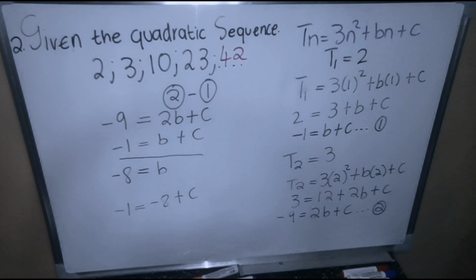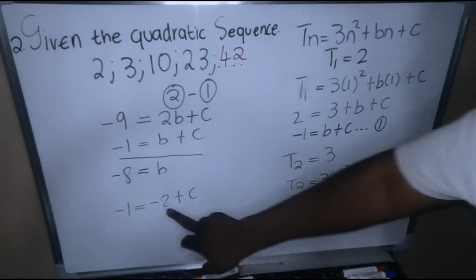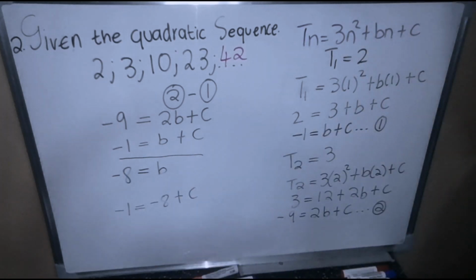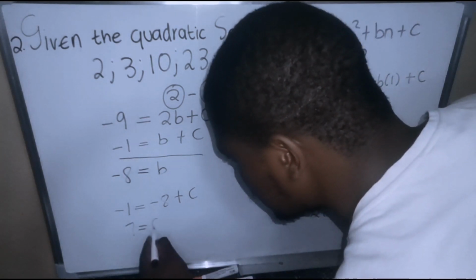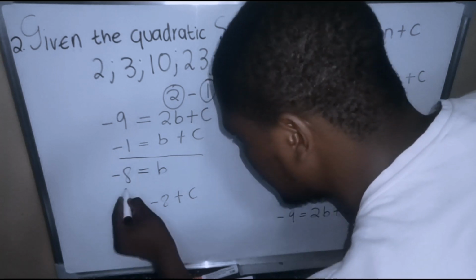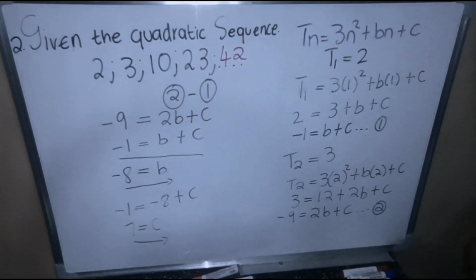Then I'm going to transpose this negative 8 to the left. Negative 1 plus 8, the answer there is 7. Therefore, my c is equal to 7. Are we clear? Then our equation here is going to be